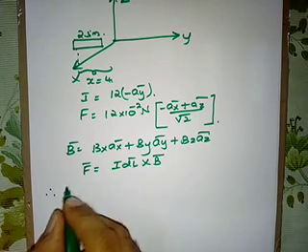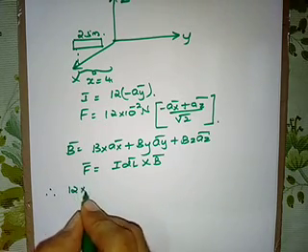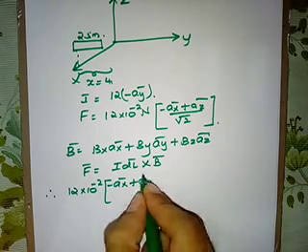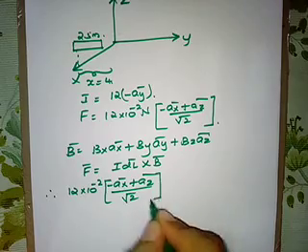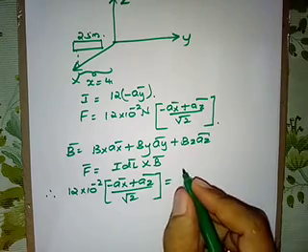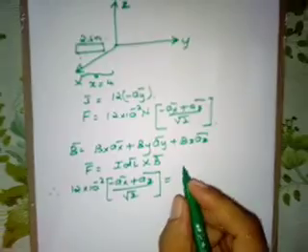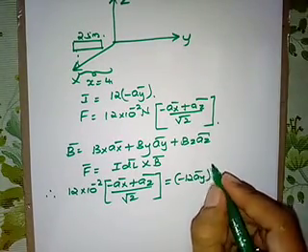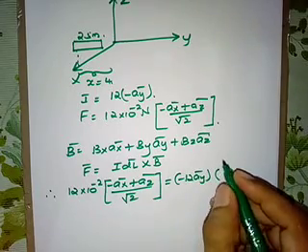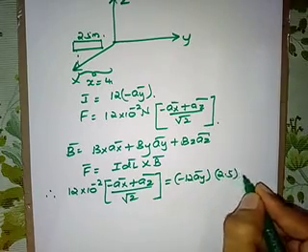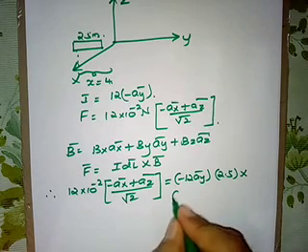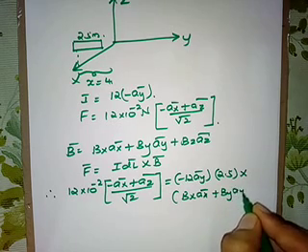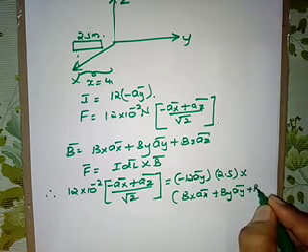Therefore, what is force? 12 into 10 raised to minus 2 into (minus AX bar plus AZ bar) divided by root 2. This is the force, equal to I. How much is I? Minus 12 AY bar, into DL bar. DL bar is 2.5, into B bar. B bar is BX AX bar plus BY AY bar plus BZ AZ bar.